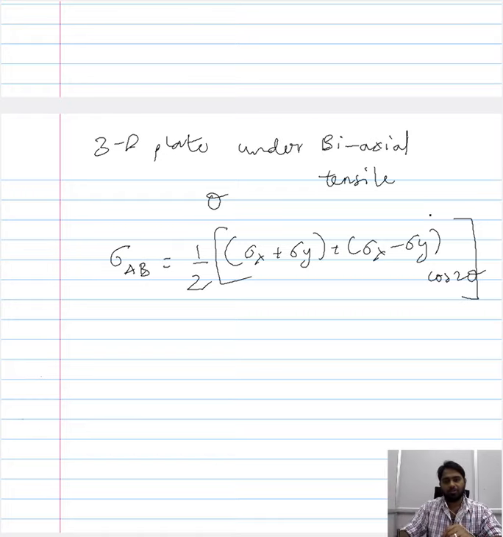So here the sigma x and the sigma y are the stresses that are imposed by the tensile load applying in the mutually perpendicular directions, that is x and y. So what we have essentially done is we have expressed the normal stress experienced by the region of interest in terms of the stresses experienced or the stress that is imposed on the overall plate.